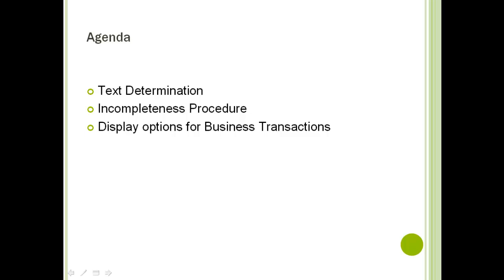We'll look at how we can make certain fields in a transaction mandatory and report them as an error or a warning message that these fields need to be filled in. In our third part, we'll be looking into how we can display various business transactions in the account overview page,